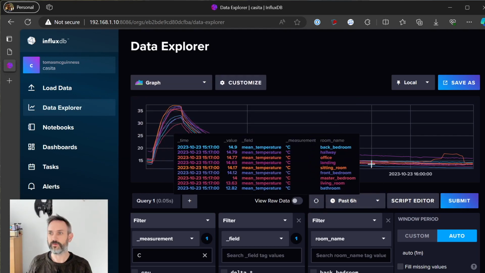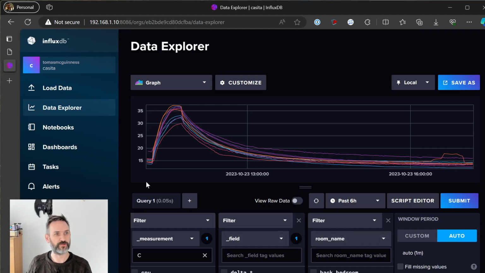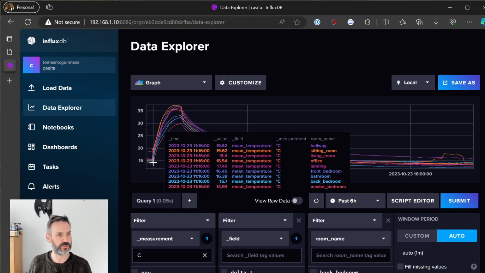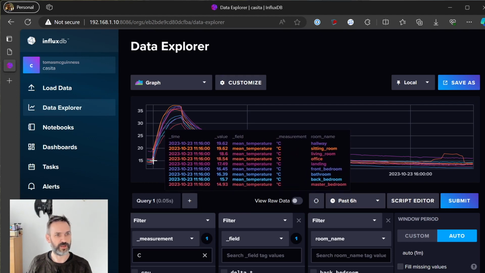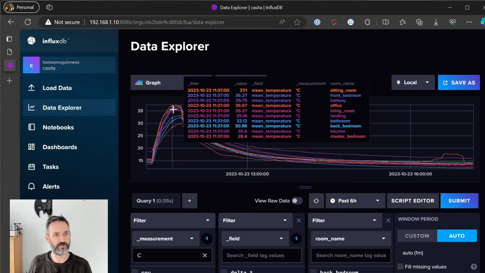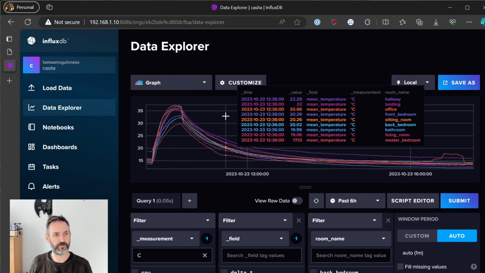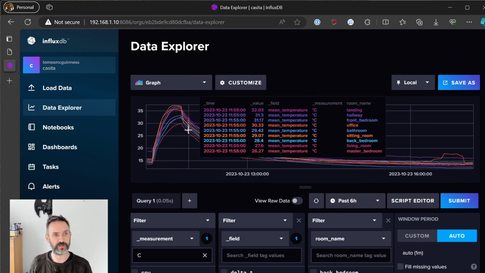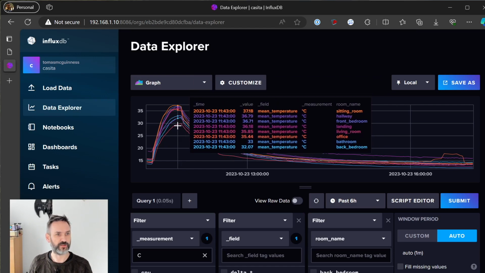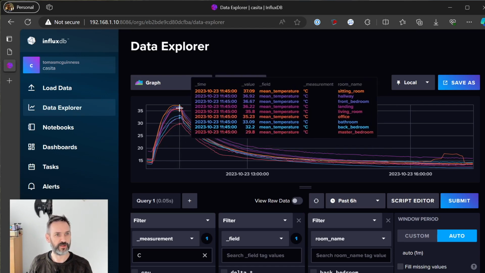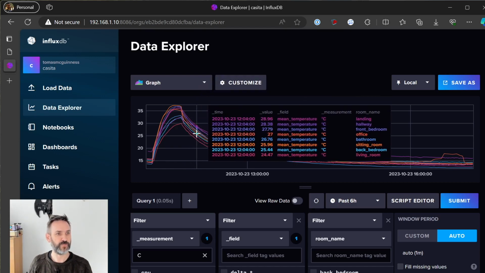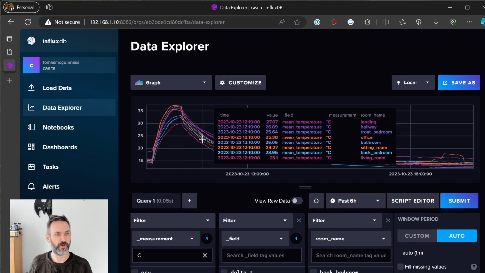Now, hopefully you can see that. It's not particularly big, but you can very easily see that around this time in the morning, at 11 o'clock I think today, the heating came on and the mean temperature of the radiators rocketed up. And this information does confirm my suspicions. You can see that the radiators don't heat evenly. There's a couple of laggards here. We've got a cluster up at the top, all heating to about 35, 36. And then the master bedroom, which is one of the coldest radiators in the house, has only reached a mean temperature of 29.8. So this is confirming my suspicions about how well the radiators are